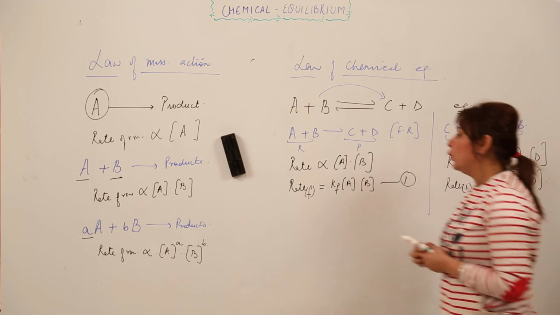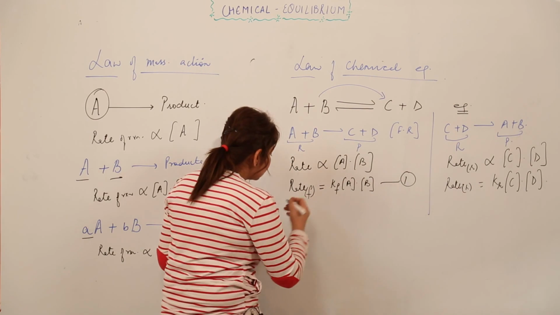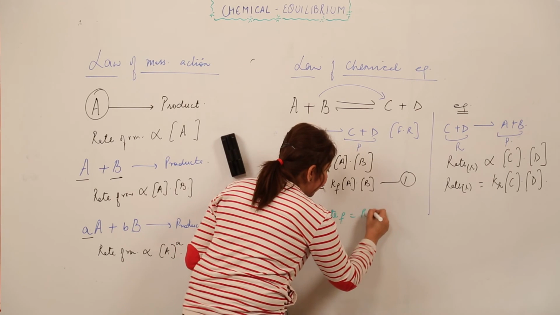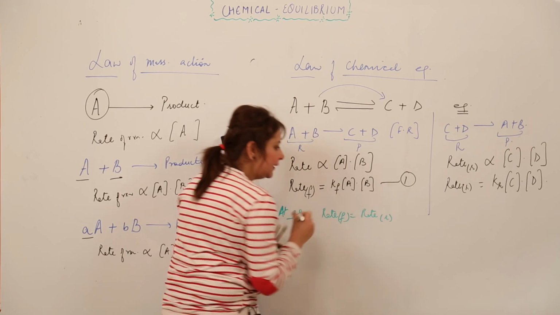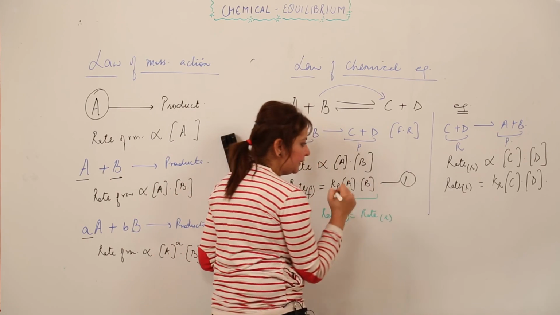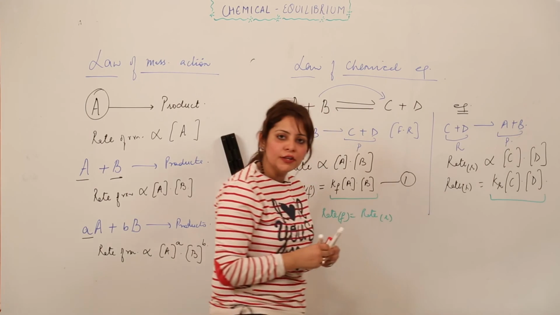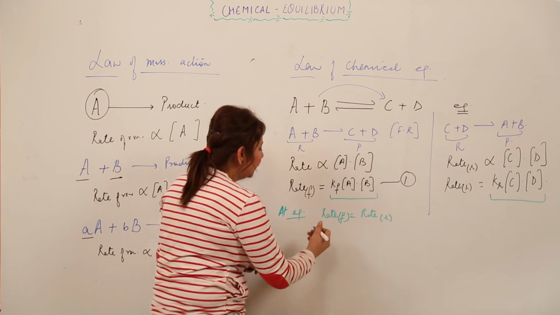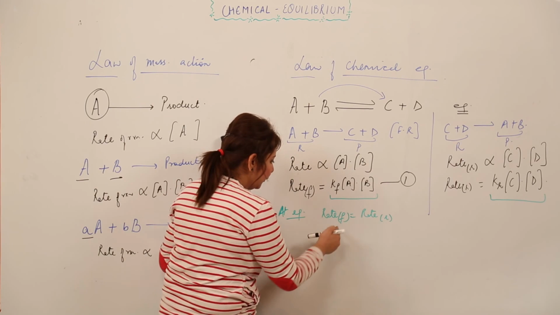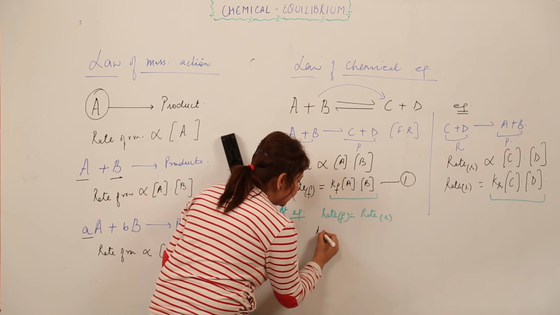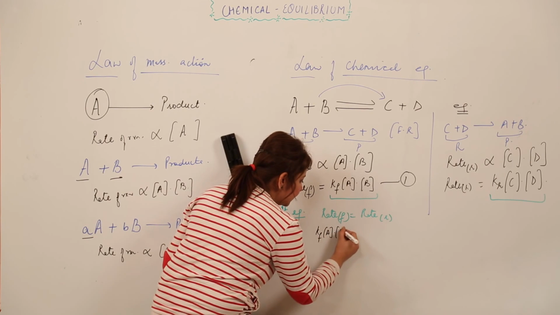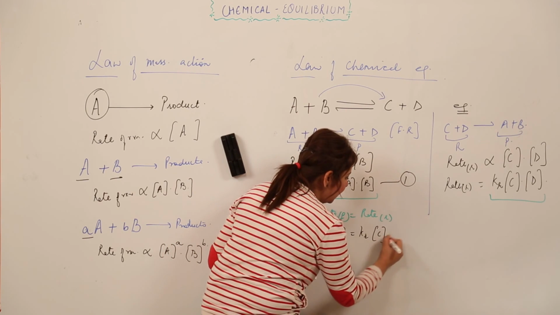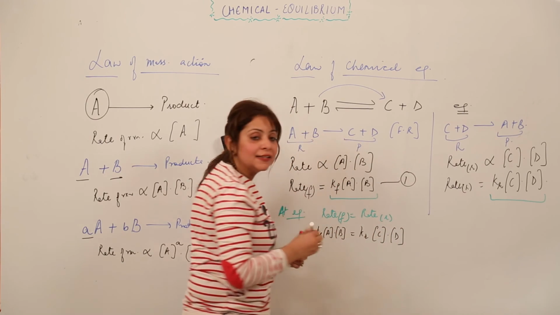So this is how. Now we know at equilibrium the rate of forward reaction is just equal to the rate of the reverse reaction, right. So this is the statement for the forward reaction, and this is the statement for the reverse reaction, right. I think it's clear from the board, right. So I am just putting their values here. So what am I going to write? I'm going to write the expression for the rate forward, that is Kf, concentration of A, concentration of B, and for the reverse Kr, concentration of C into concentration of D. I think it's clear now, right.